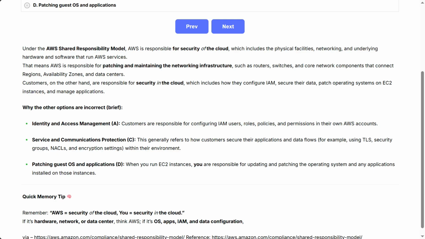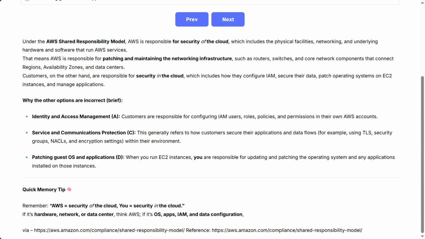Patching guest OS and applications, D. When you run EC2 instances, you are responsible for updating and patching the operating system and any applications installed on those instances. Quick memory tip. Remember, AWS equals security of the cloud, you equals security in the cloud. If it's hardware, network, or data center, think AWS. If it's OS, apps, IAM, and data configuration,